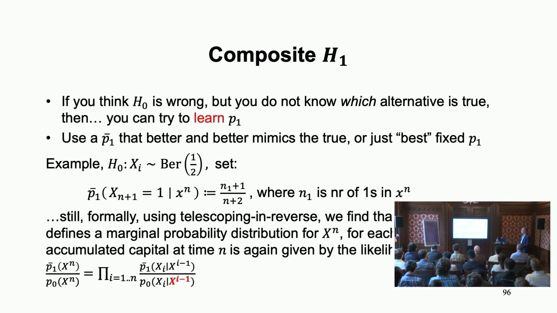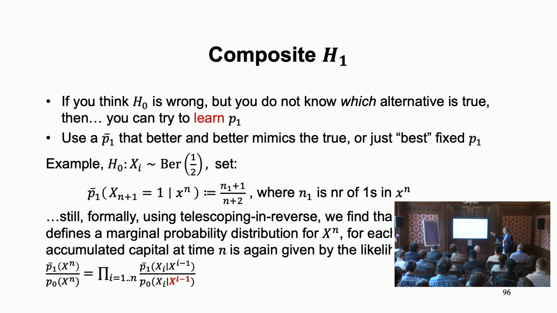If you think about this again, you see that now you adaptively reassign your money at each point in time based on what you saw in the past. One thing that's important is that even though you're learning things and your alternative changes, this does not affect your type 1 error guarantee. The probability that this thing will ever get large is still small, independently of whether your current estimate of the true probability is good or not, because the expectation bounded by 1 still holds.